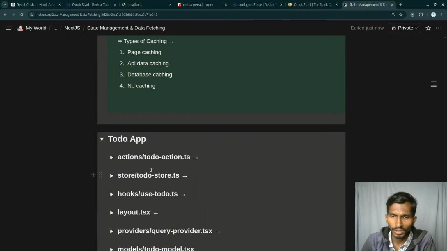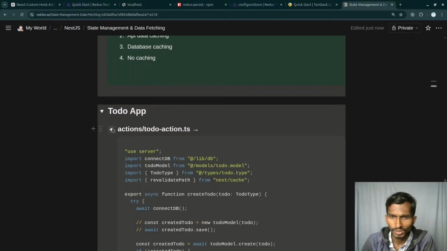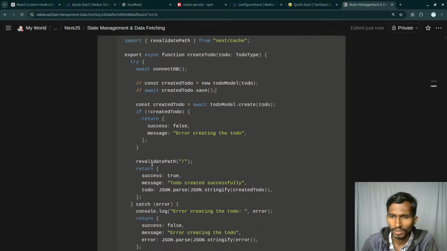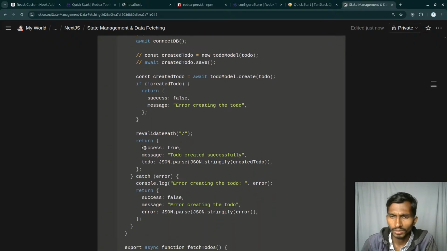And this is ultimately the application that I actually created. So inside the actions, I had my function createTodo, and when it comes to this, first of all, connected to the database. Okay, this is fine, database connection. And the most important thing is the return result that I return from here. So success, message: todo created successfully, and I'm sending a todo from here. First of all, I'm parsing it and then